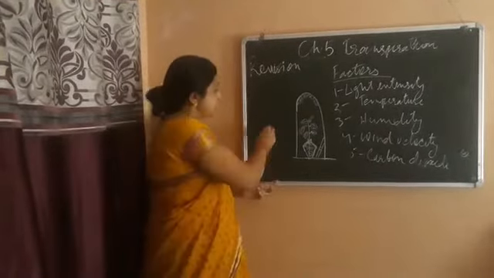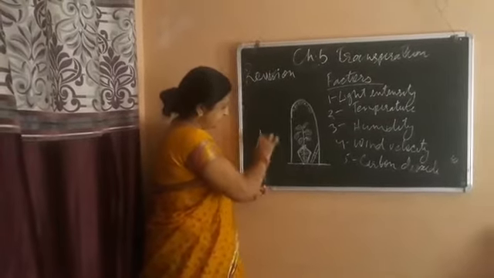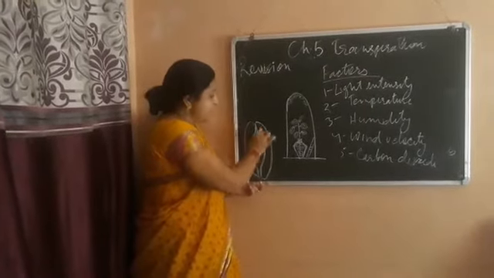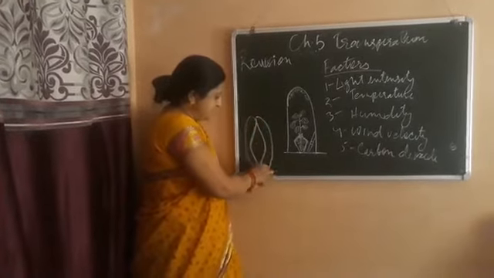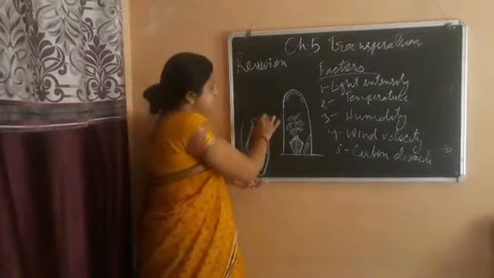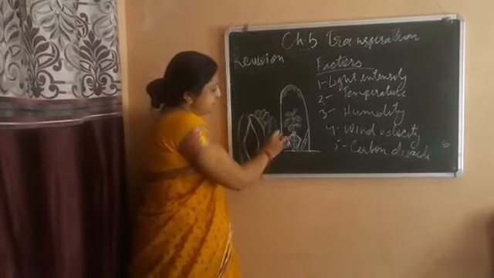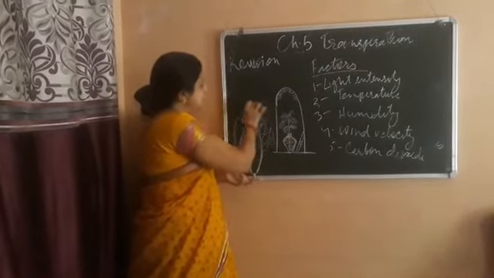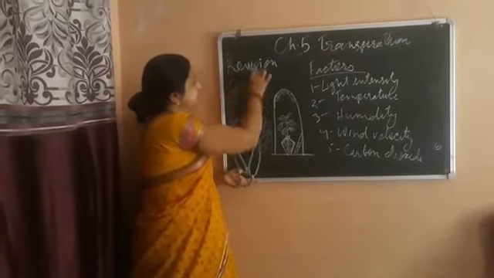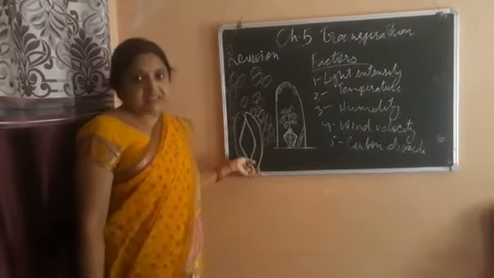Now, stomatal transpiration occurs through the stomatal pores. We all know that the stomata looks like this. It is a pore, and it is made by kidney-shaped guard cells. These guard cells are surrounded by rounded mesophyll cells, and these mesophyll cells, as well as palisade cells, have intercellular spaces in them.